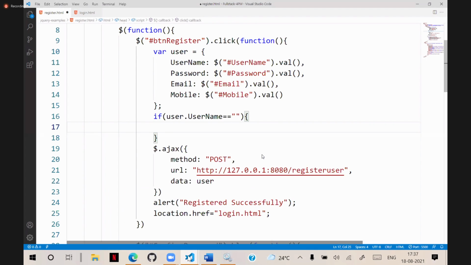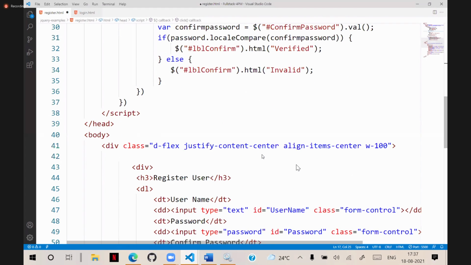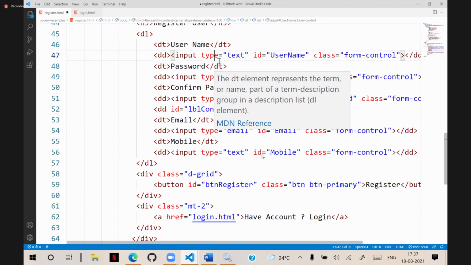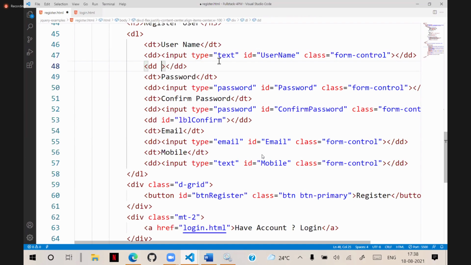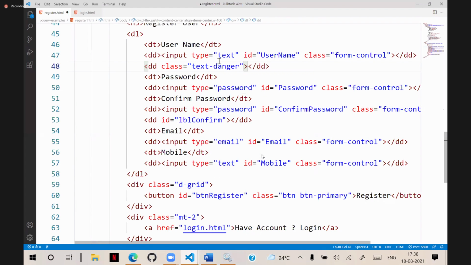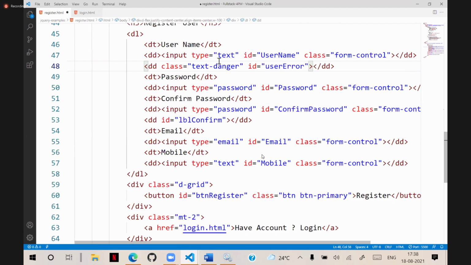Let's go to the design, and here we will put a div to display the error message. Below the username, let's add a div. So I am adding a div, and I will put class as text-danger, and I will keep the ID as userError.